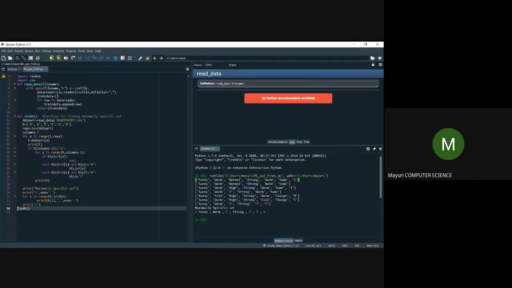Actually, your execution starts from here, Find-S. The moment it sees the Find-S function call, it will go for the definition. And we know that before we call any function, we have to define it. That's why I have defined it, so that before I call the read data function method, I have defined it. So any doubts in this?